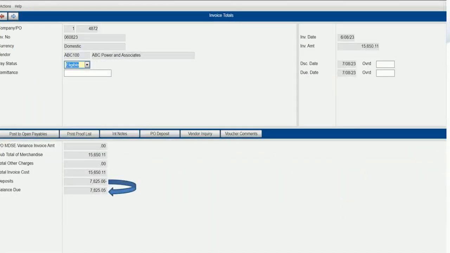This takes us to our summary screen. This is the normal summary screen that we see. We can see the total amount of merchandise that we're going to be booking with this voucher. We can see that there were no other additional charges. So the total invoice cost is